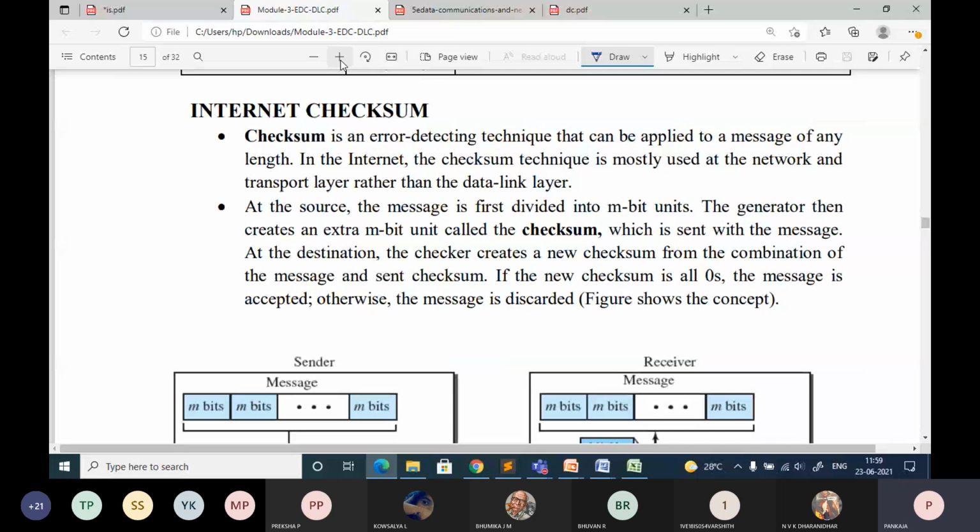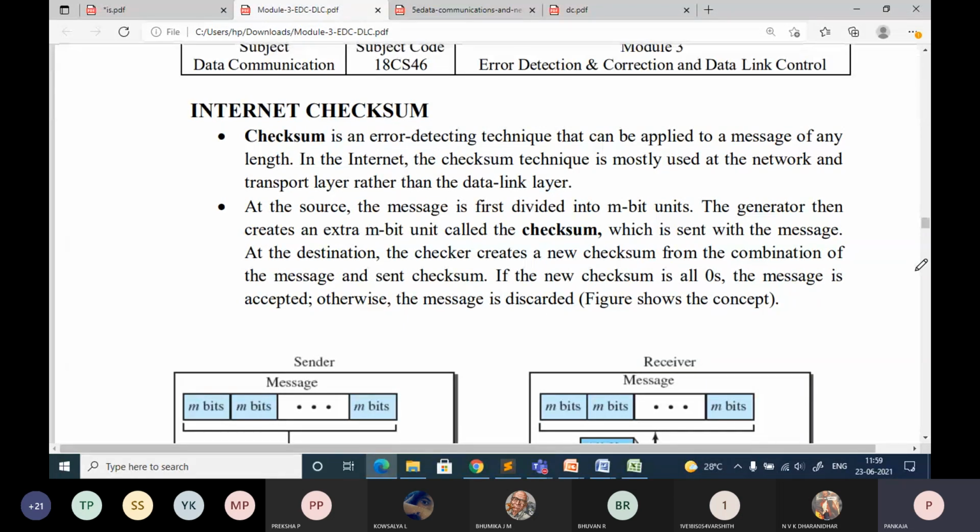Here, let me start with the internet checksum. This is also one of the techniques used for error detection. It is used mainly to find whether the received data is correct or whether any bits got corrupted. Why is the name given checksum?